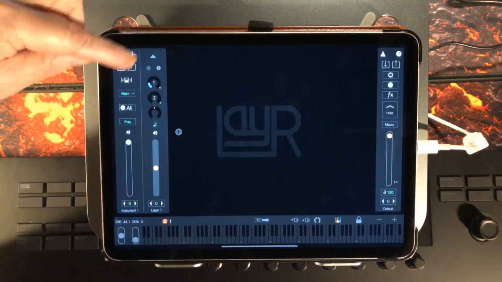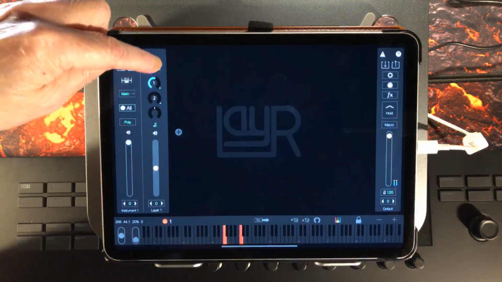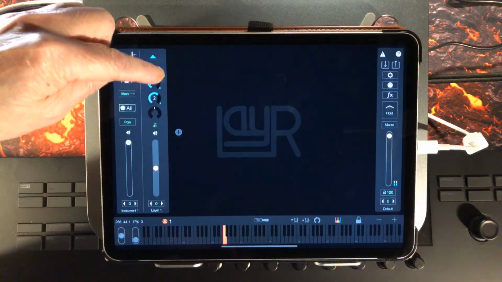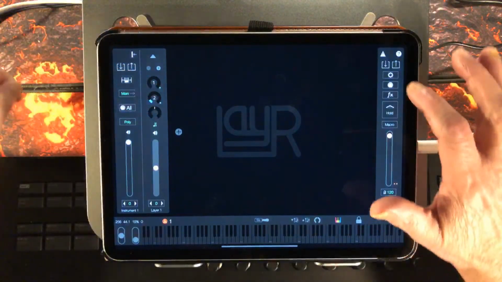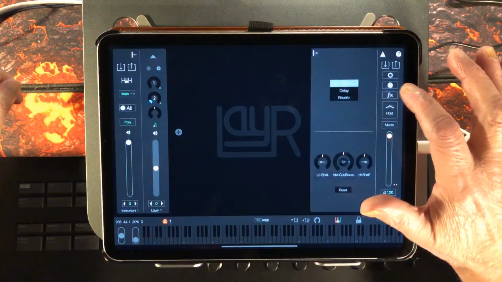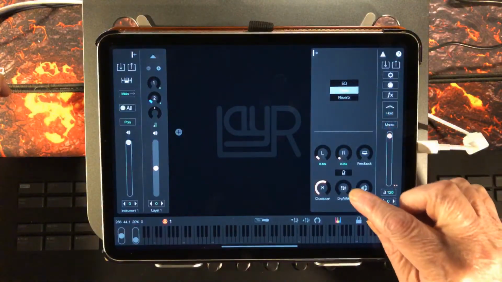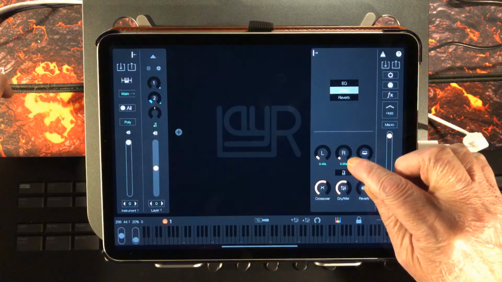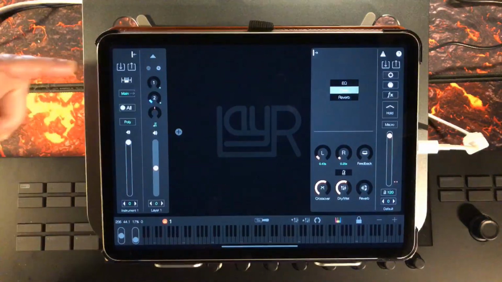At the top of LayR 1 here, you will see a little 1 and a little 2. These are your effect sends. So for example, if we open our effects here, and we go to our delay and we increase the dry wet signal for the delay, which is effect number 1, and we bring up the send,